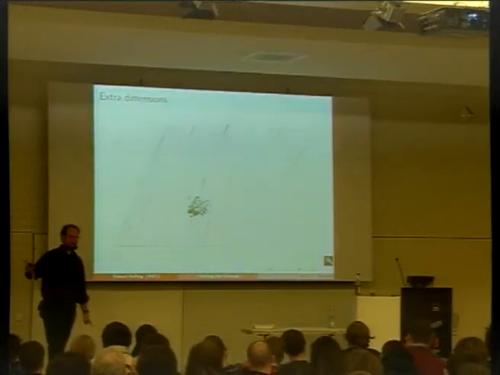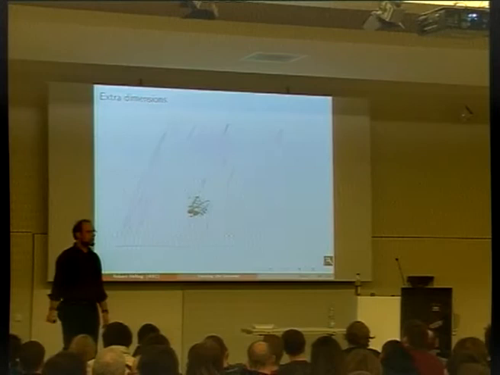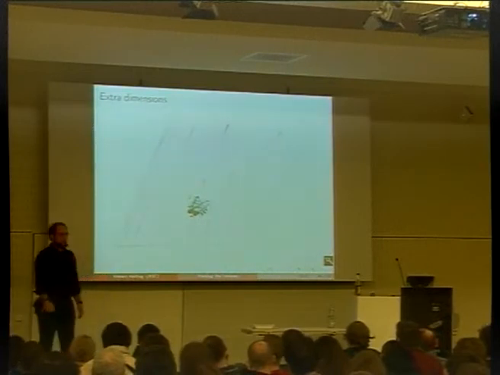Okay, one last thing is extra dimensions. I have to say there's one big disadvantage of string theory, and that is string theory wants to live in 9 + 1 space-time dimensions, although we only see 3 + 1. So we have to get rid of 6 dimensions. So it looks like this theory is complete nonsense, right?